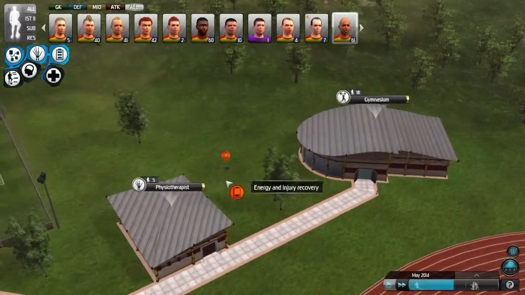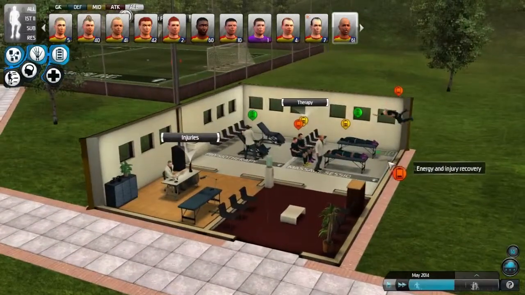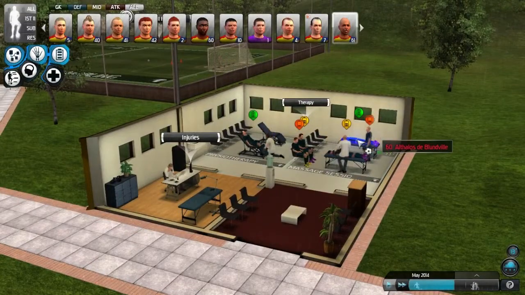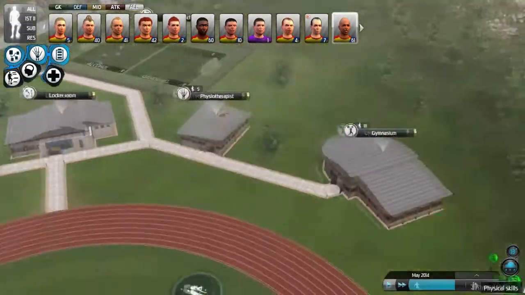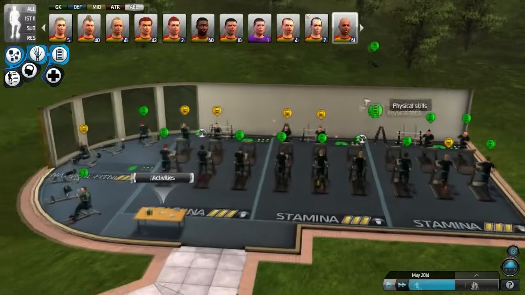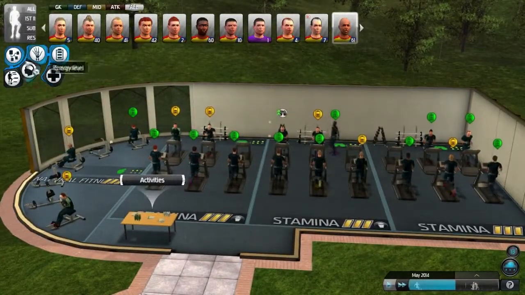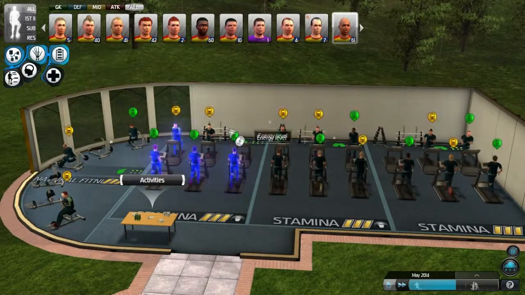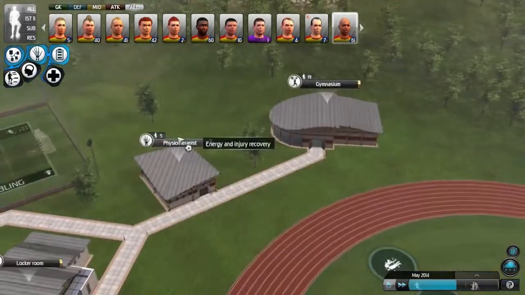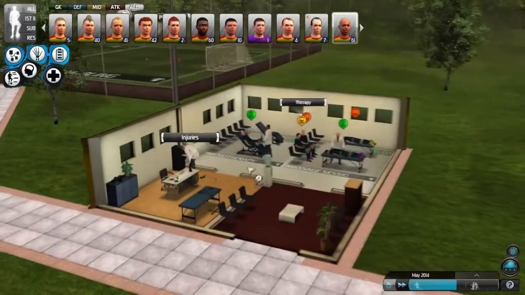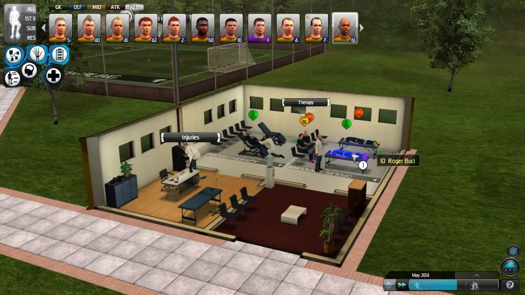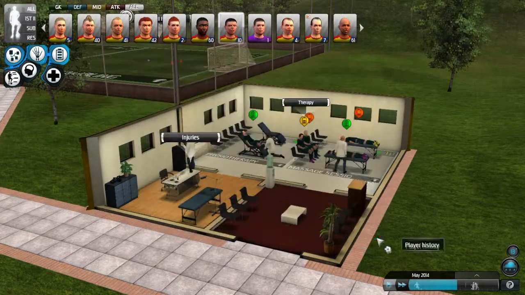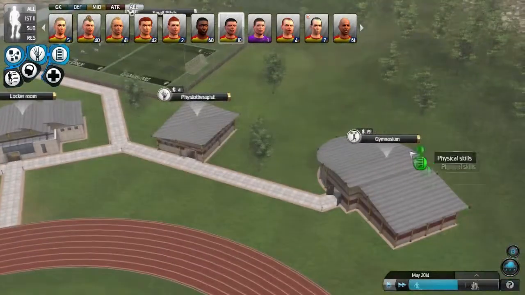The battery levels on people are starting to run out, you can see that, so I'm shuffling them round. People who are in the physio back up to green, I'm trying to pull them straight out, get them back on the training. So yeah, there they go, back into the training. They're gaining quite a lot of points in there actually, because it's level 3 training, so it's highly beneficial to our squad. Roger Bootsy was just checking his energy levels there to make sure he's fine to come back out,